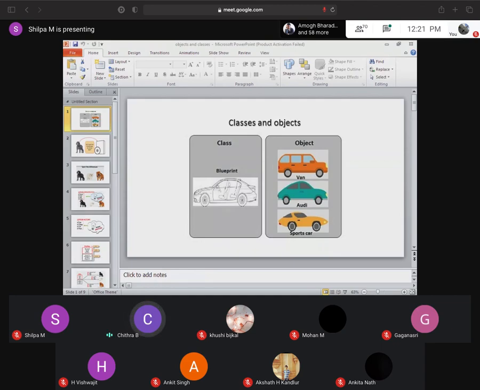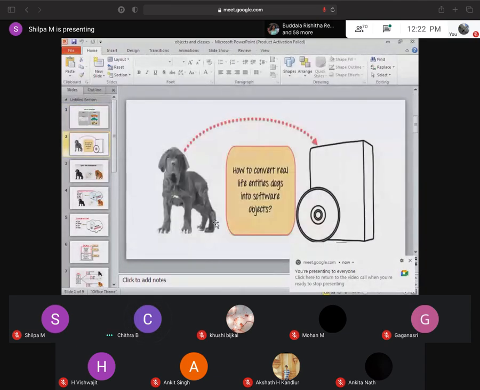When you want to create many car objects, we require some template or blueprint. When you look at this picture, what is the blueprint? It's a class, a concept, a design, or a structure using which we can create multiple objects, where each has its own properties and info. So these objects, like many cars, have the blueprint from a class. When we look around us, we see many objects like table, desktop, dog, bicycle. These real-life entities can be converted into software objects.